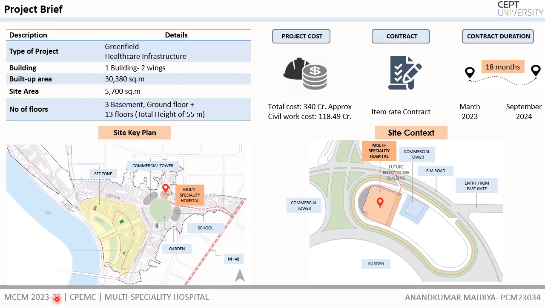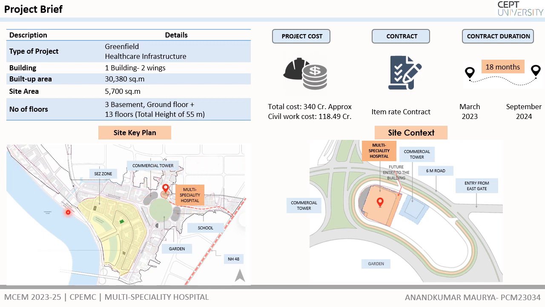The type of project is Greenfield Healthcare Infrastructure Project. The building has a total built up area of 30,380 kilometer, and the number of floors are 3 basement, ground floor and 13 floors, a total of 17 floors, with a height of 55 meters. The project is situated 13 kilometer from Gandhinagar and 23 kilometer from Ahmedabad, near the bank of